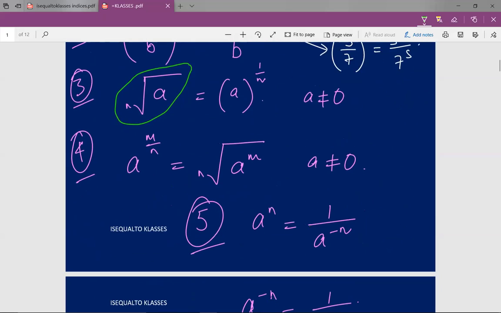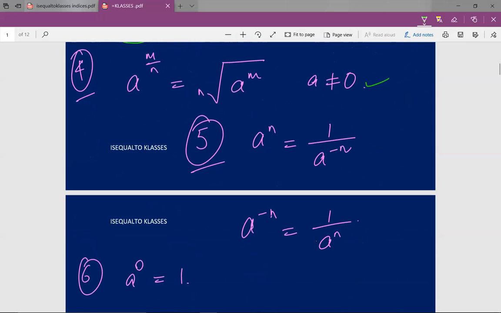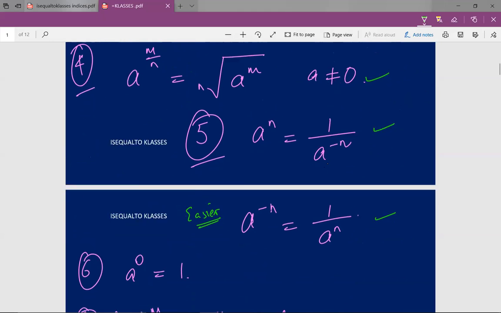So this one is also clear. Yes, there is a condition that a can't be equal to 0. Again, this also becomes confusing at times to a few students, and I'll try to make you understand both these things. We'll start with this, the easier thing to understand. Once you have understood this, I'll take you through the other.